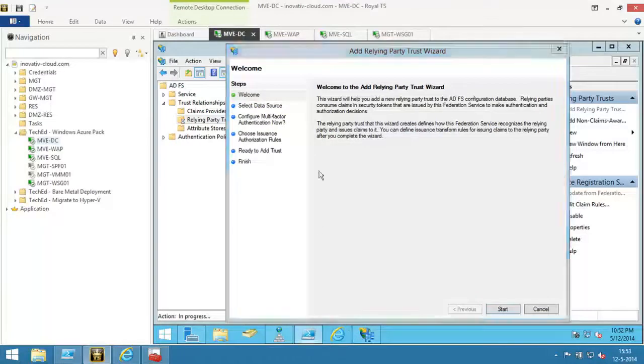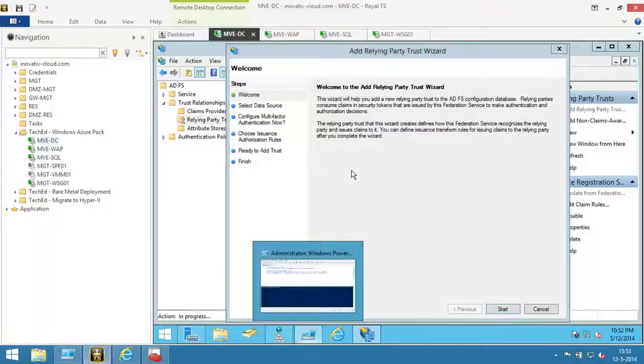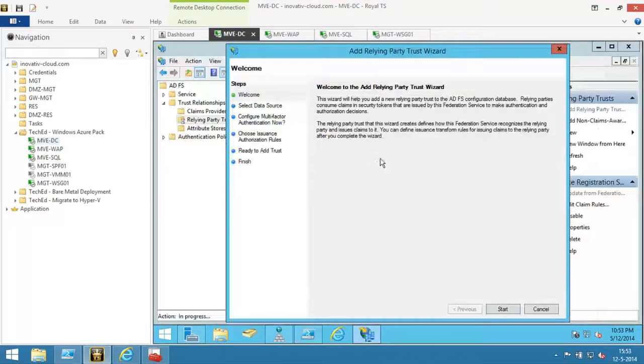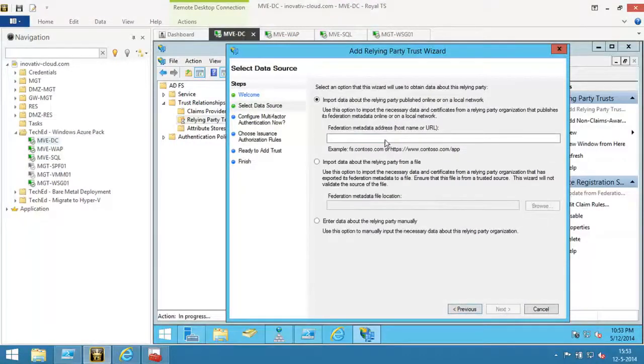Very nice. And this URL is pointing at, as you can see, the tenant authentication site. So it's just pointing at each other. So we go back, start, point that URL to the tenant authentication site,